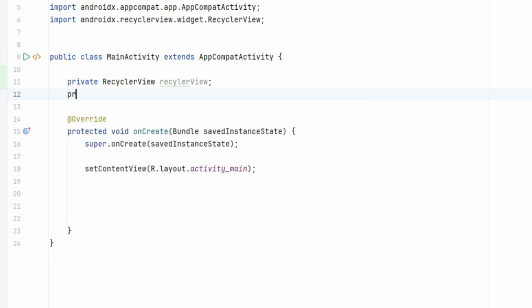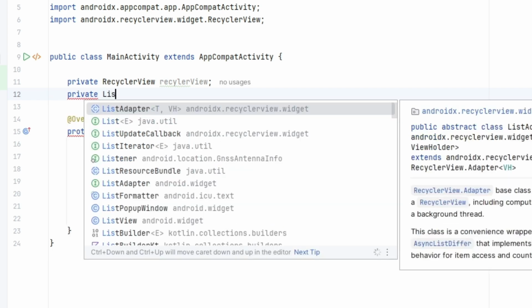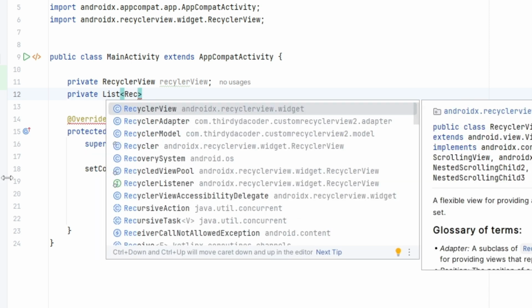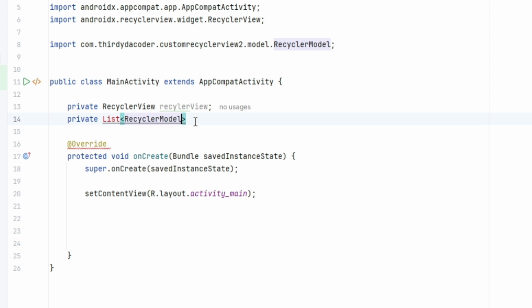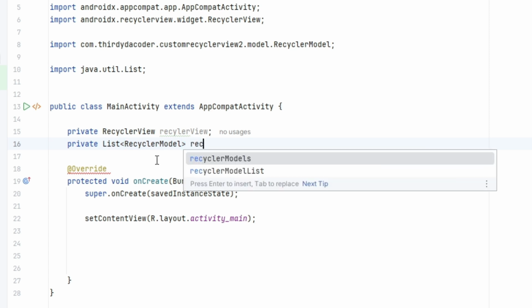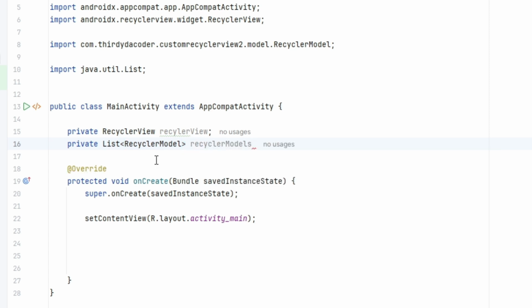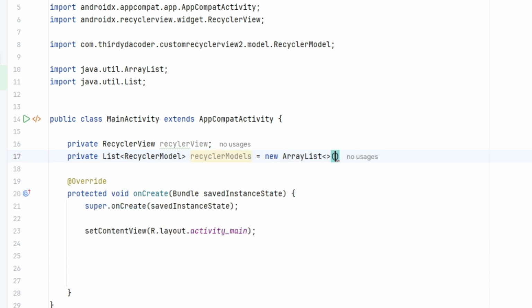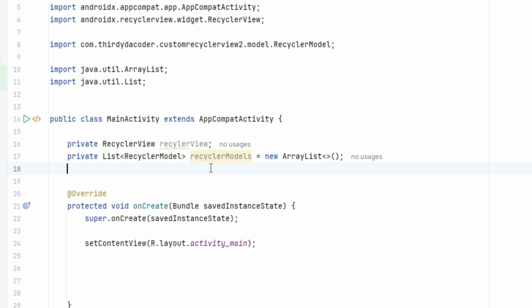Then we can create a list again. We call the recycler model that we created, and import the list. Then add a variable for our list model. Then you can reference the new object to our list, and then you can call the recycler adapter.